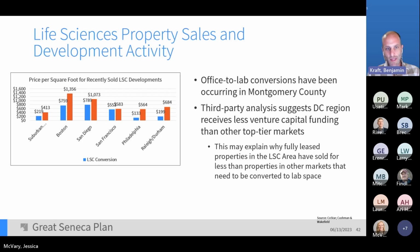It's not the same way, I shouldn't say the same way as, I'm sure you've heard the discussion around office to housing conversions, which can be really difficult and really expensive and generally not worth it, I guess, for developers to pursue. I don't know that it's quite at that level, but it definitely isn't always going to be a no-brainer to